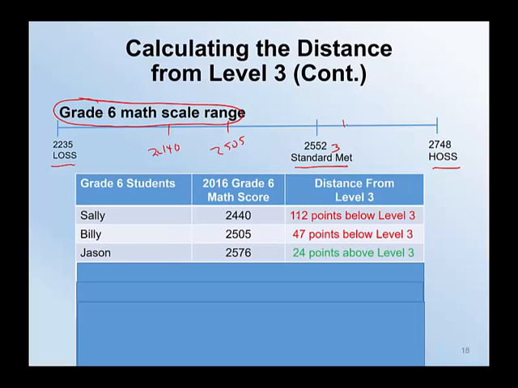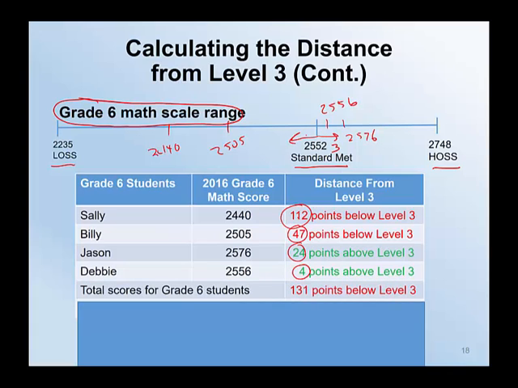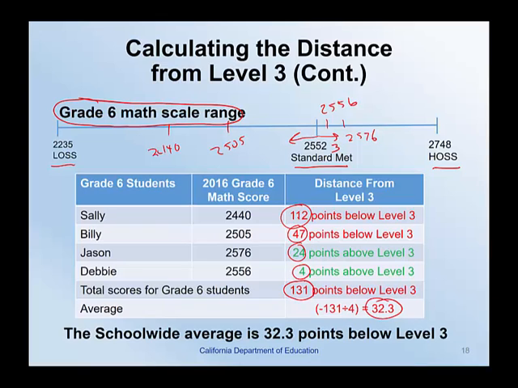Then Jason is at 25.76. And then Debbie is at 25.56. So notice their scores are either negative or positive based on whether they were above or below standard met. You total up those scores, you get 131 points below Level 3. Now you want the average, which means you're going to divide it by 4. You get 32.3. So the school-wide average is 32.3 points below Level 3, and that's how we would characterize the